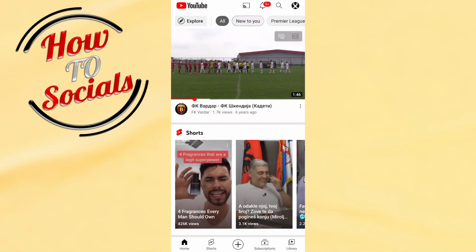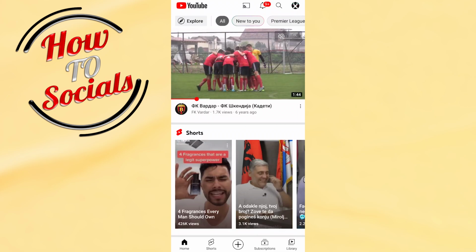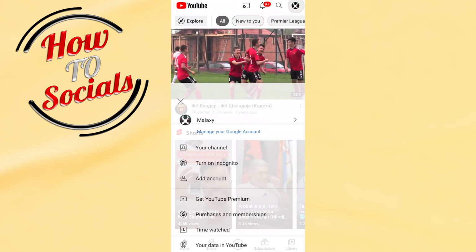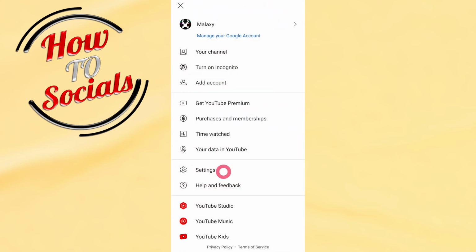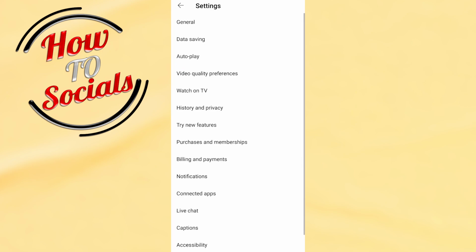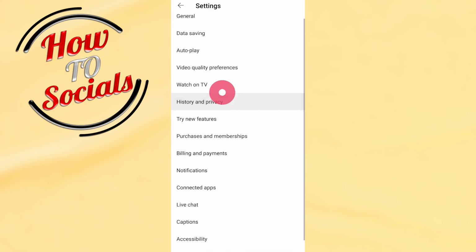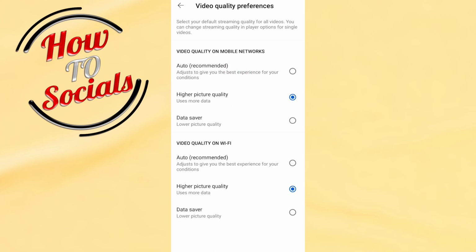Firstly, you need to tap on your right upper side by getting into your profile icon. Then you need to go for settings, and when you get to your settings side, you need to go to the section which is video quality preferences. Go to that selection, and here you're going to find many options related to this video quality